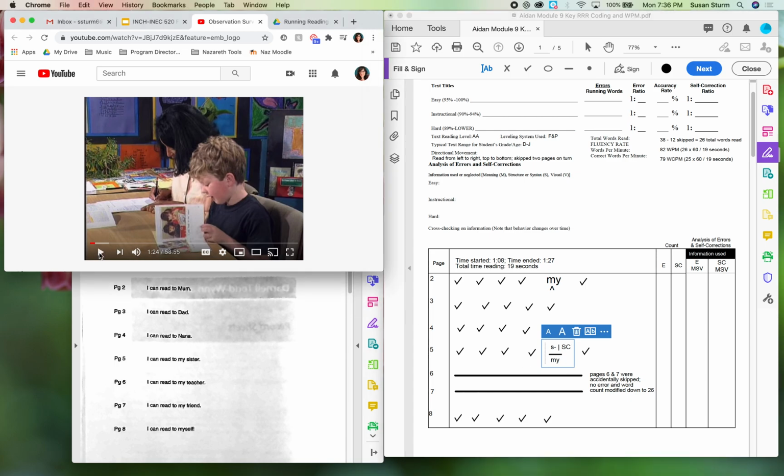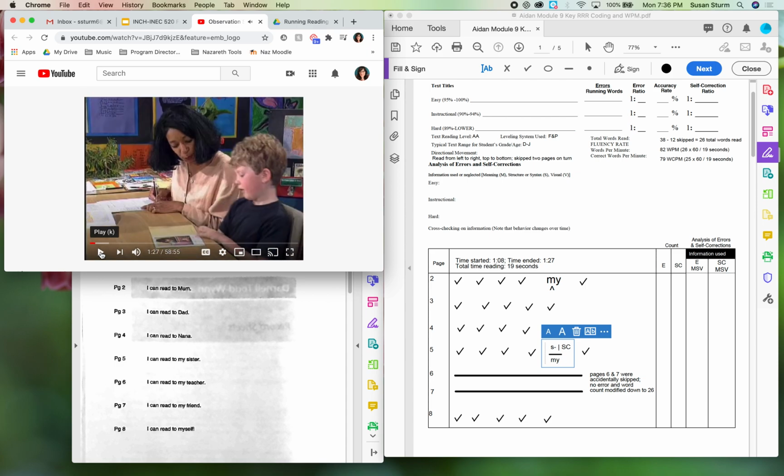Let's continue. I can read to myself. So he just read the last page in the book. You can see it's got the last page. And he said, I can read to myself. There were 2 additional lines in this text, and Darnell did not notice that when he went to page turn,